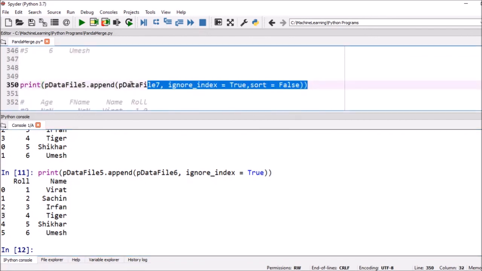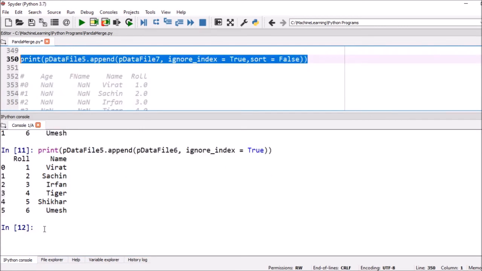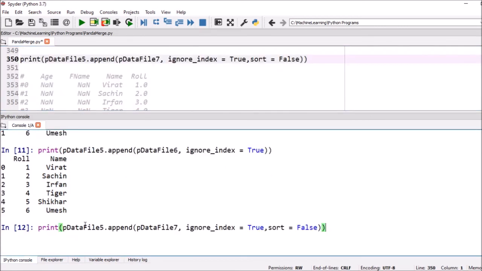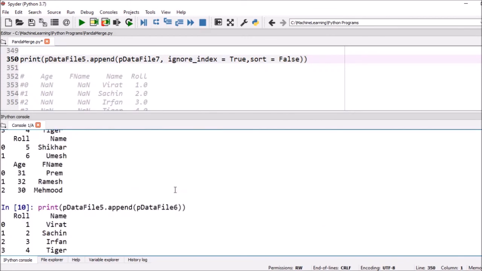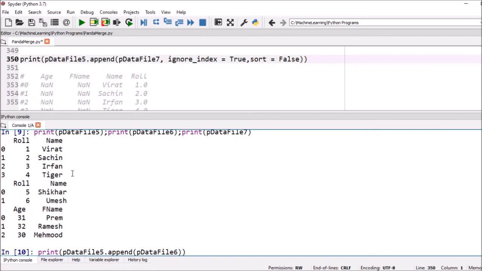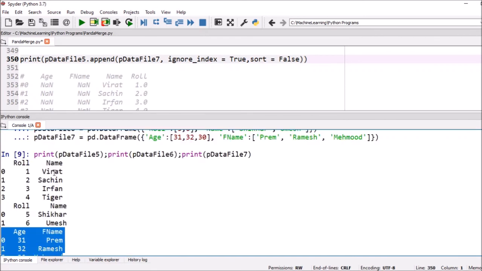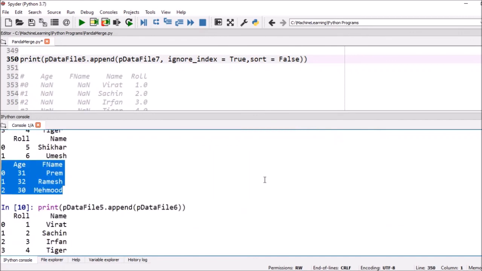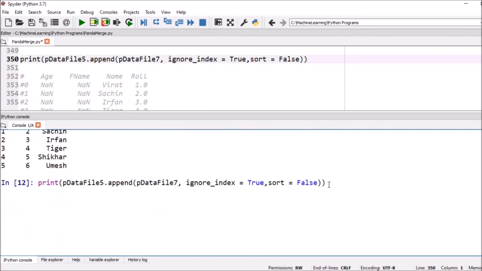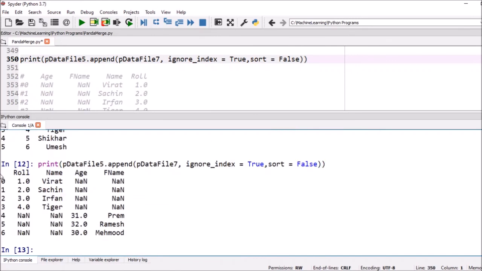Now here we can see another example where we append data file 5 and 7. In 5 and 6 the column names are the same, but in 5 and 7 the column names are not the same. If you merge these two, you can see it merges column wise.